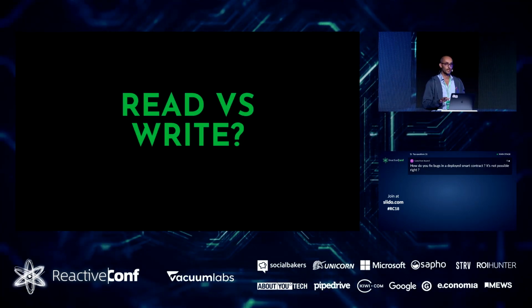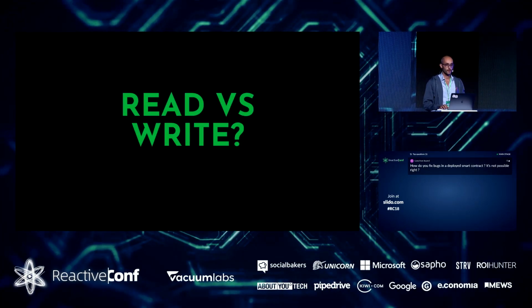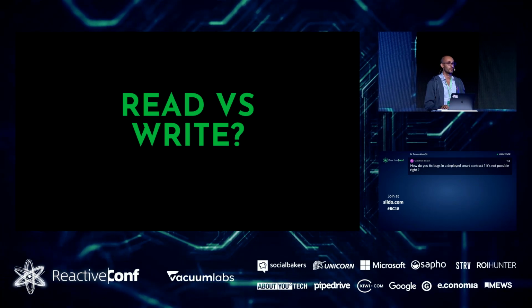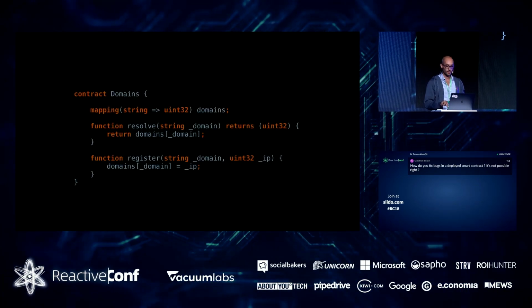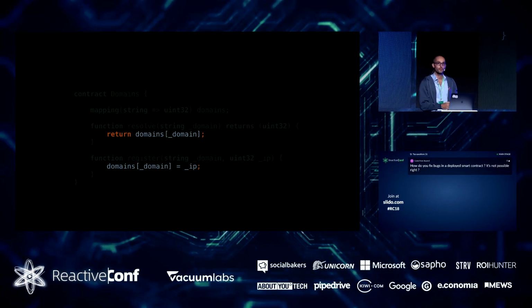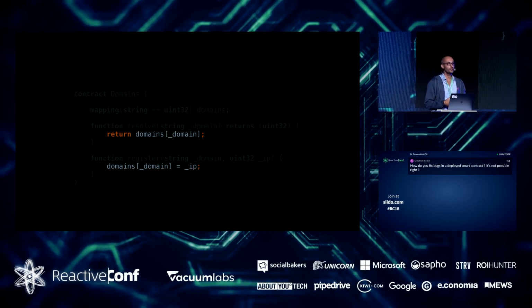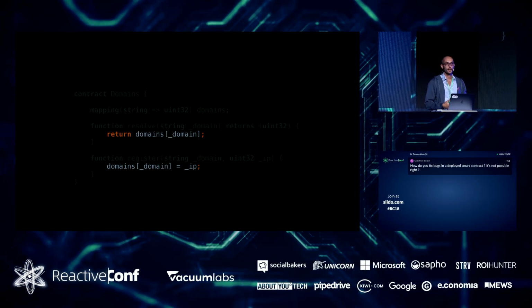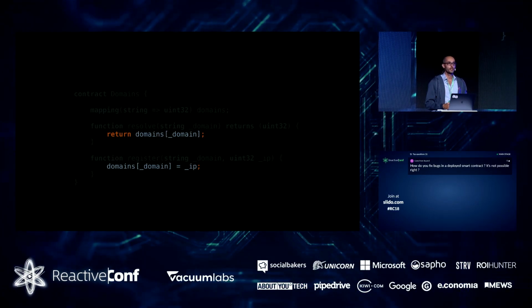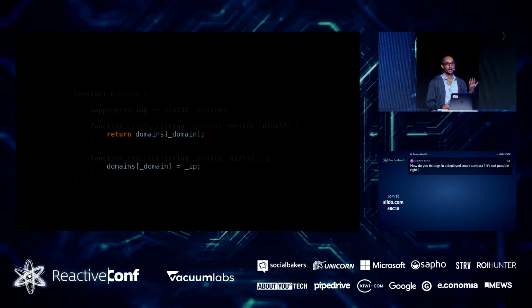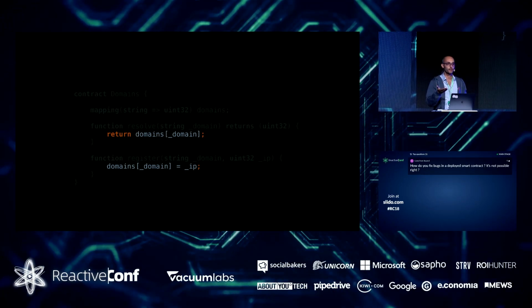Before I jump to live coding, though, a small thing we need to think about is the reads and writes. So let's look at our contract at the two main lines here. When I try to resolve something, and I'm speaking as a node now, I'll just look at my database, map between a string and a number and give it back to you as a client.